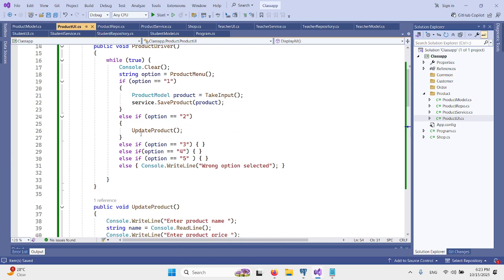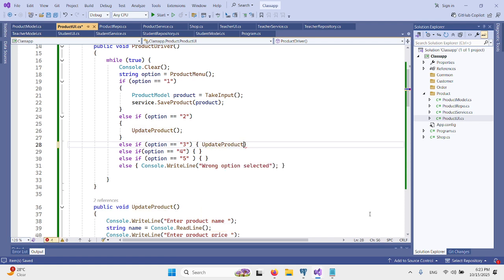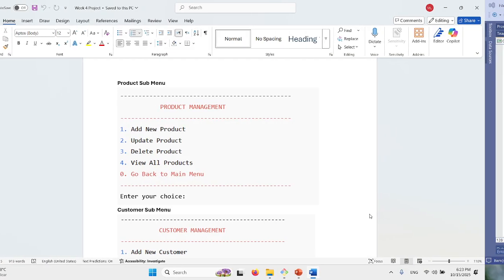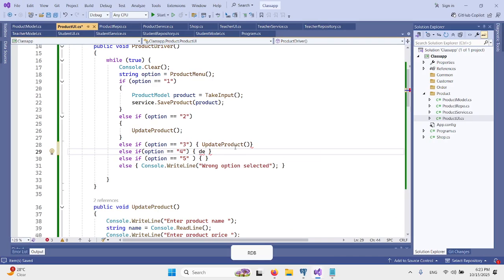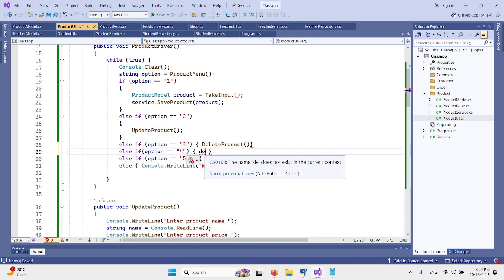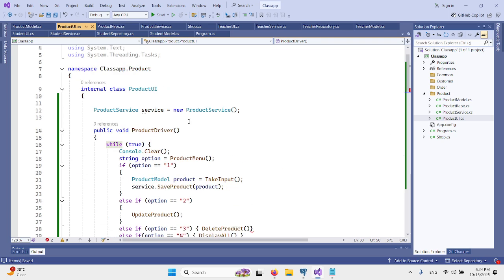Let's call all these. In three options we have update product. In four we have, oh sorry, update is done, delete product. And what is at 5? Display all. And what is at 5? Break. Now we will see the live demo.